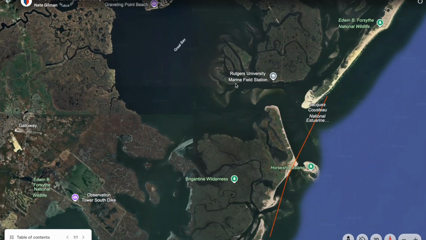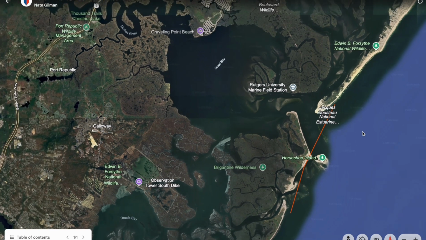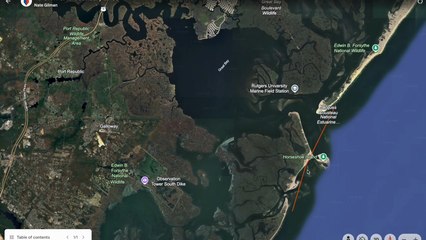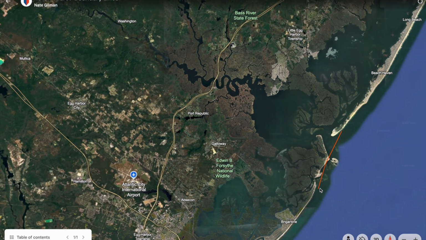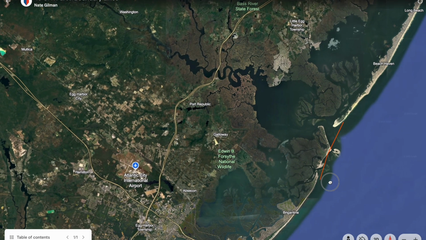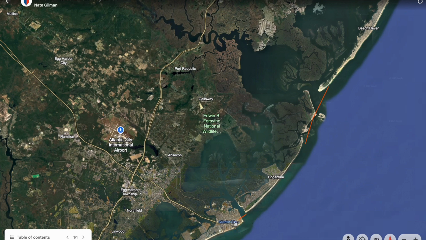Moving down here, you can see there's inland waters here in Great Bay and Rutgers University Marine Station, and then you can see the near coastal is going to be outside of there. These lines are old, so they don't follow exactly where the coastline is because the coastline has shifted as we've had hurricanes and different coastal erosion happen, but the lines are still there, written in federal law, so it's whether or not you're near coastal or inland.